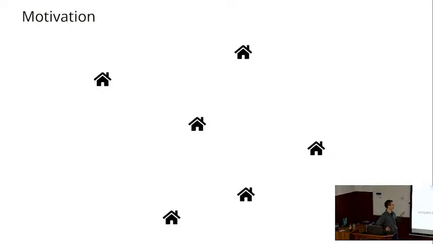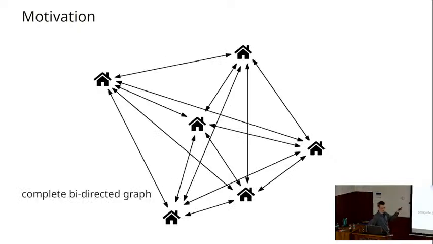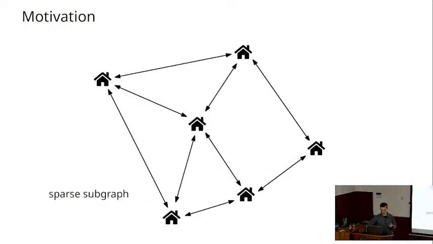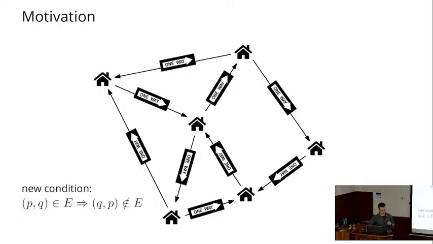Okay, so here again, we're going to connect cities, let's say. Normally, so far we always had undirected edges, or you could see them as bidirected edges. But now let's assume, because of resource restrictions, like for instance in the street network setting, we are forced to use one-way roads. So what we would like to have is a sparse spanner, but now between two cities, I'm only allowed to use one edge, and that has to go in one direction. So I am not allowed to have this back edge here. And then the question is, what can we achieve in this scenario?